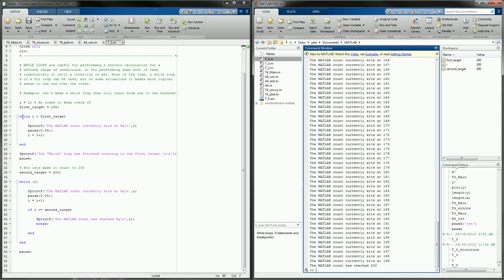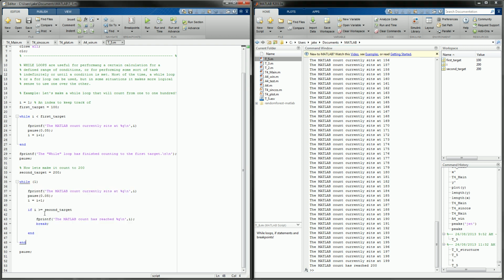So these two loops, this guy and this guy, end up pretty much doing the exact same thing, except they count from 1 to 100 and 100 to 200. It doesn't really make a difference. But I just wanted to show you guys that there are multiple ways to get outside of a loop. You don't have to use the logic inside the loop itself, but you can go ahead and do some sort of conditional logic inside. And that works for for loops as well, very well, as well as a whole bunch of other situations where the break is useful, as well as for troubleshooting, which I'm going to get into